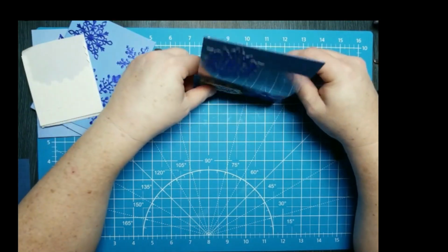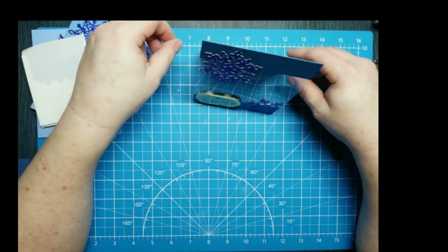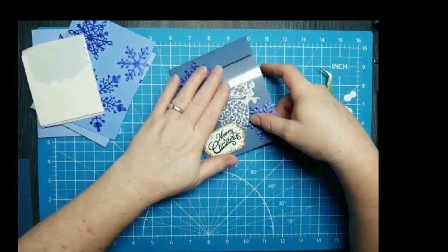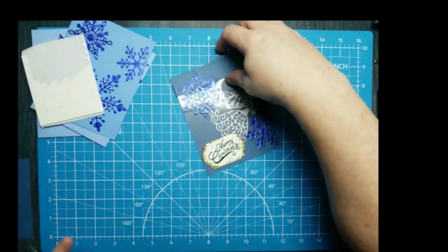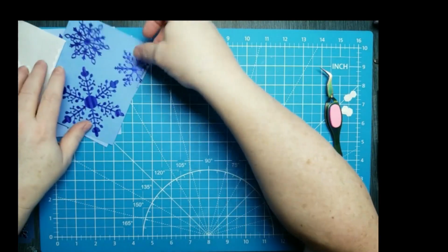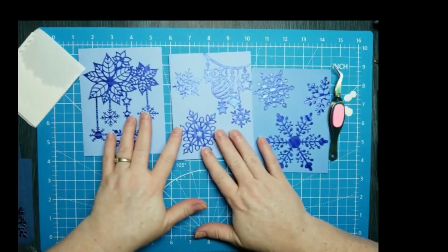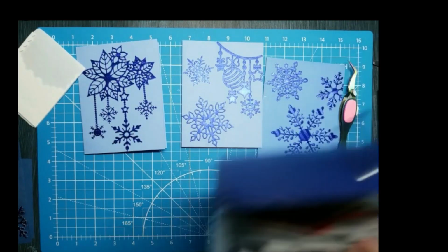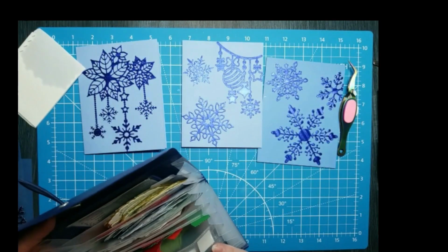There we go. Now, transparency is pretty flimsy, so I don't know how long it'll stand up, but it will stand up. So that one's, except for the thing on the back, that one's pretty ready. So now we do need to find sentiments for these three. So I'm going to go back to my little binder, and I am going to pull out,